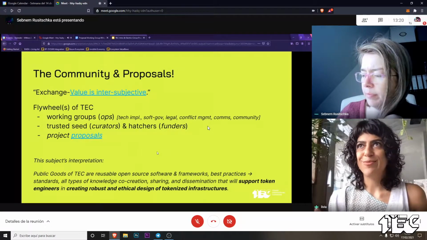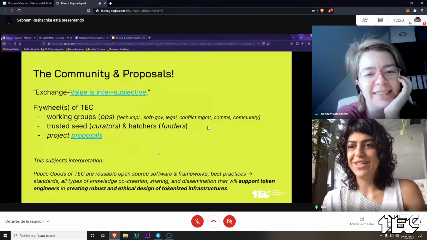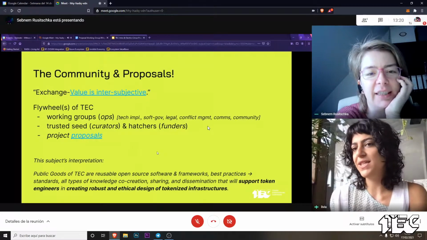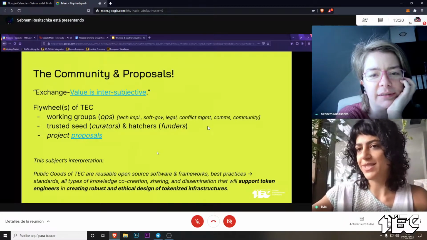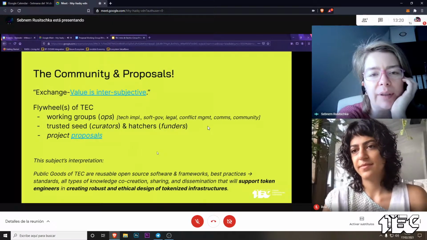So it's almost like a meta state that we're building, this economy for the token engineering community that will be building other economies. Yeah. And so that was something,